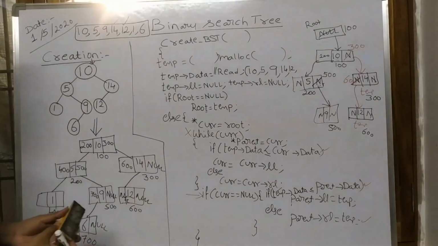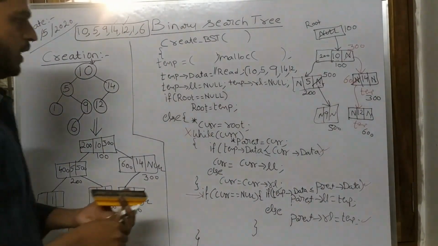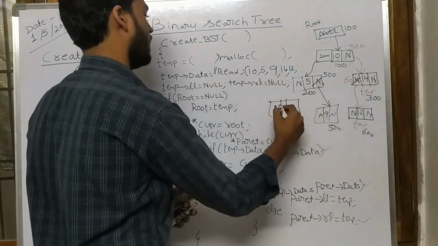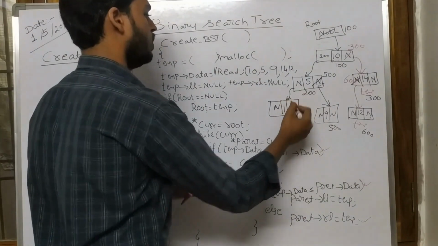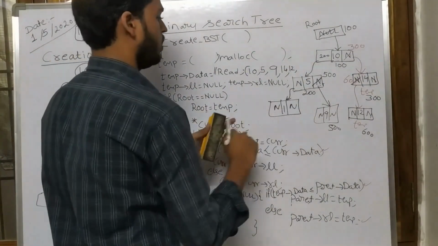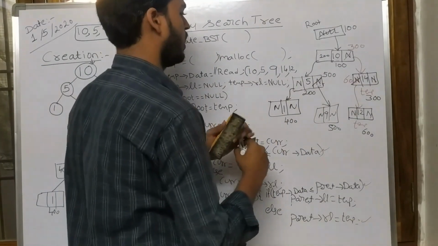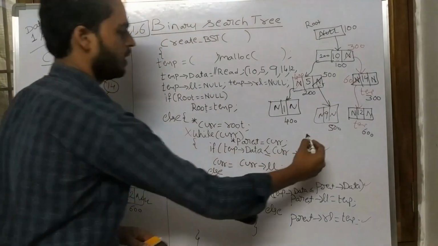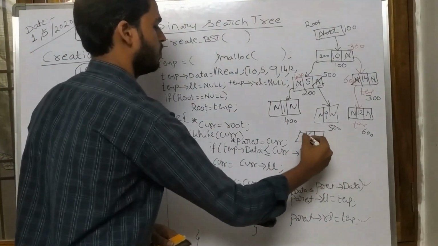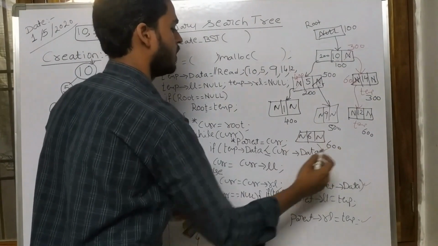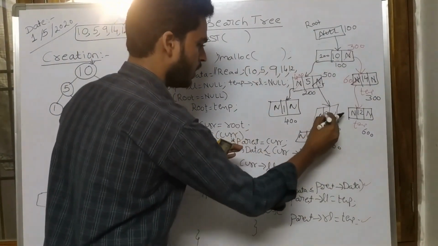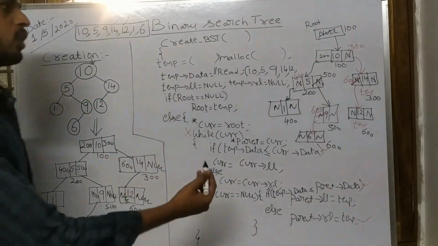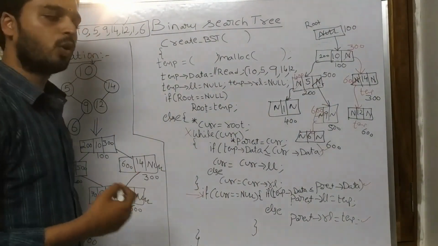So this way it is going to create a binary search tree. Next, it is like this. It is going to create a node with an address null. So if you want to make this, here I need to write 400. If I want to create 600, the null address is 600. If it wants to connect to here, I need to make 600. Okay, like this, we are going to create a binary search tree, or insert a node in a binary search tree. That's it.